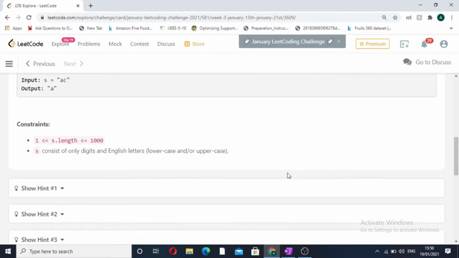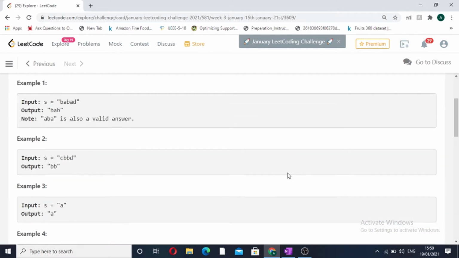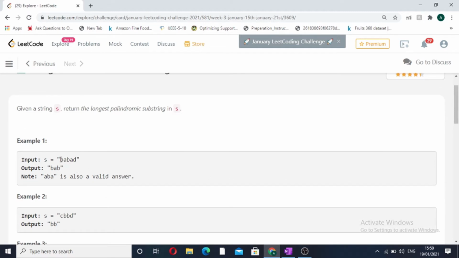Now let's look at the approach of this question. So the first approach is the very naive approach. What we can do is find all the substrings which are present in this particular string and check whether each substring is a palindrome or not, and based on that we can find the longest palindromic substring. But that is a very naive solution. It will cost us a large time complexity of O(n^3), that is O(n^2) for finding all the substrings, and O(n) extra for checking whether the given substring is a palindrome or not. So overall O(n^3) will be the time complexity of the naive method.